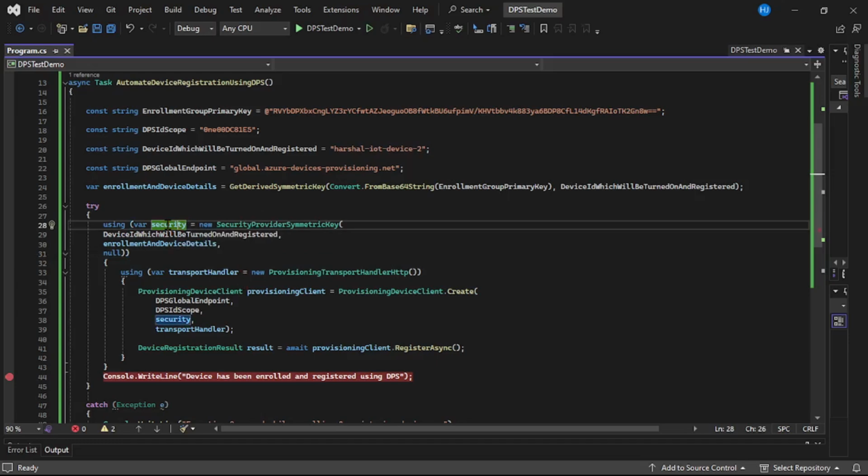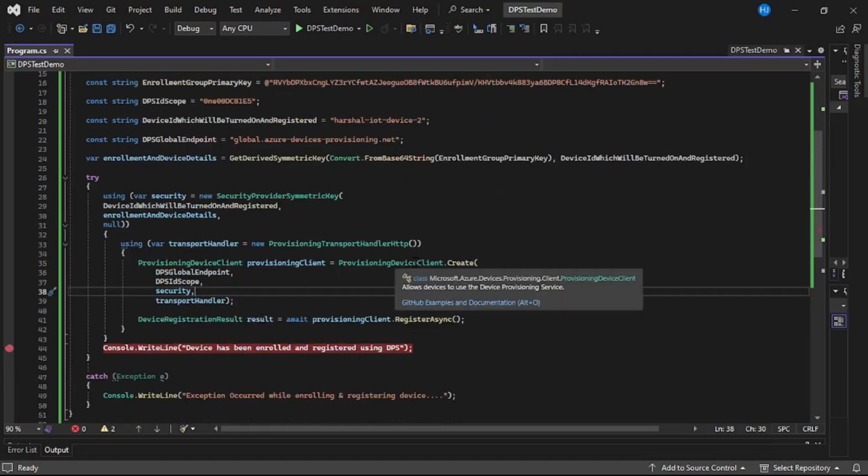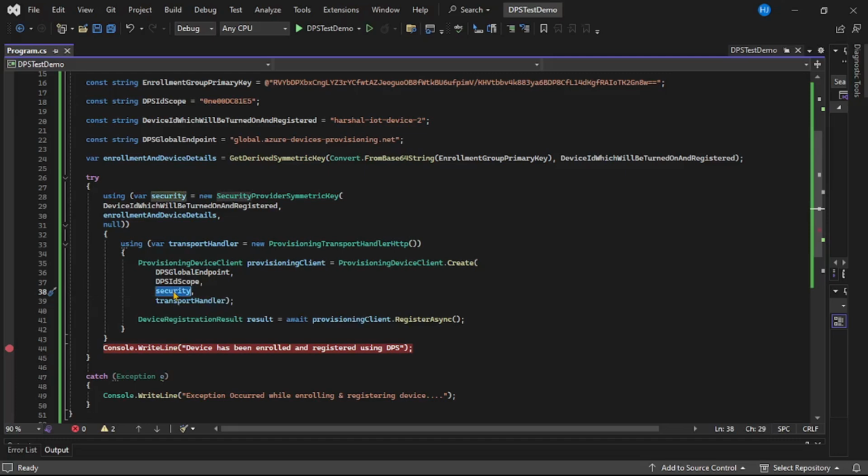Again, this instance, that is security, contains the enrollment ID and device ID. Then on line number 35, if you observe, we are passing this enrollment ID and device ID. We are also passing the DPS ID scope, that is the unique identifier of the DPS service, and then the DPS global endpoint.